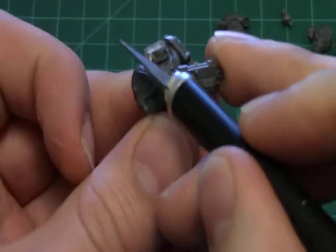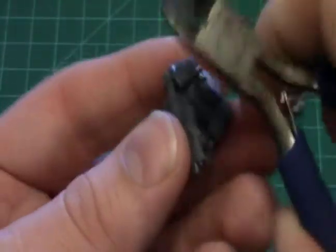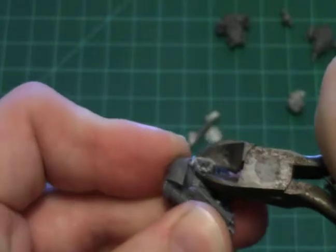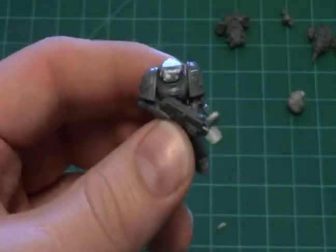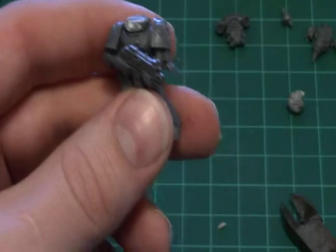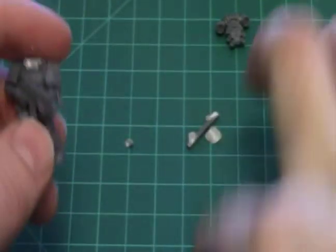Then you can cut in if you want, or dig in some more with these. Put your hand over it. You can hear it pop. That was what would have gone flying. So that's kind of where that's at for that. So next up we want,